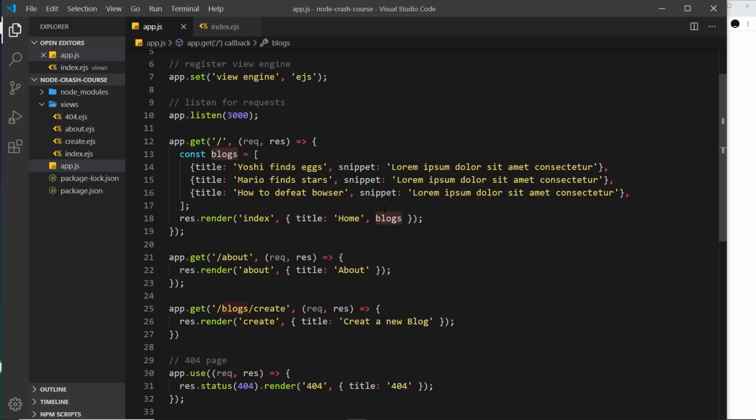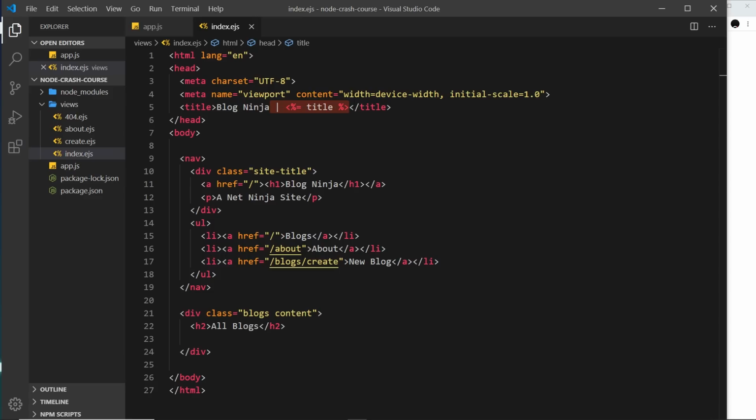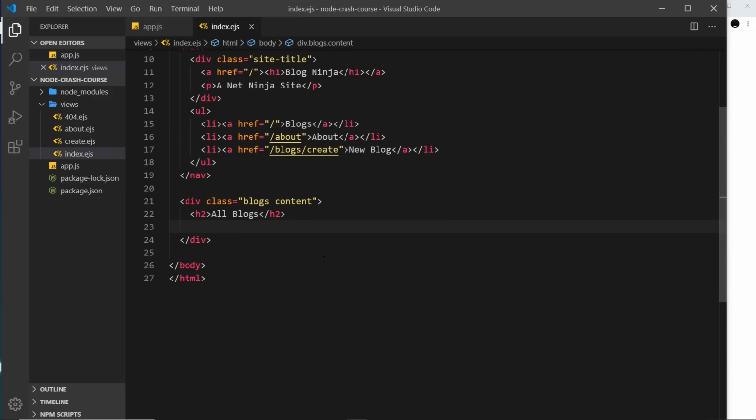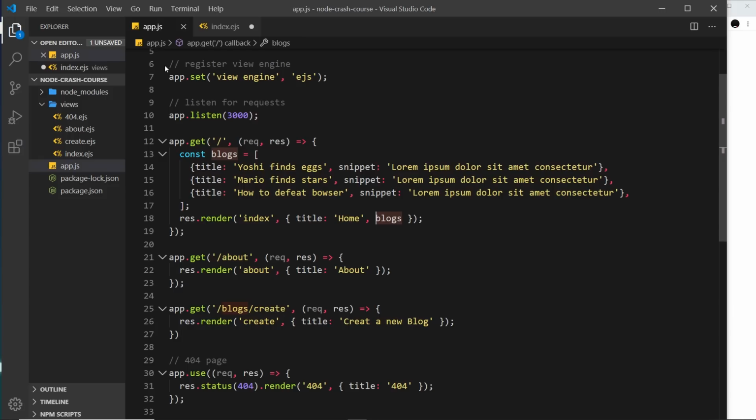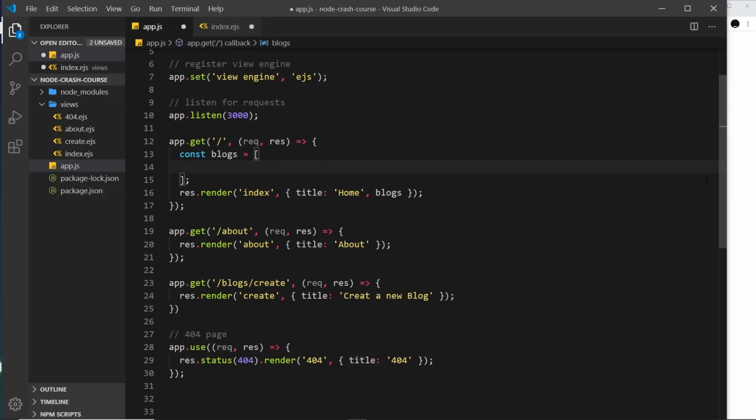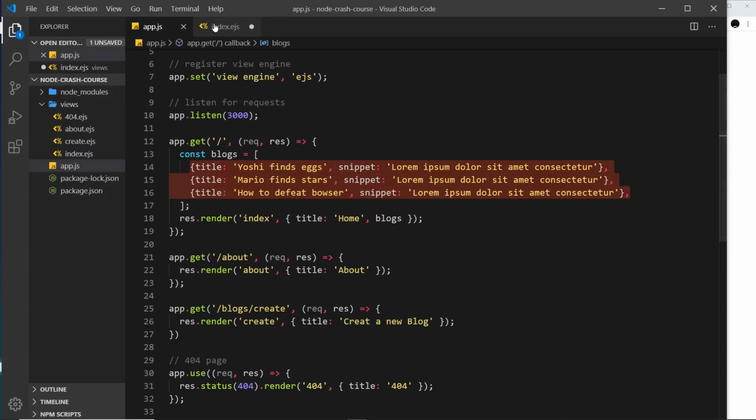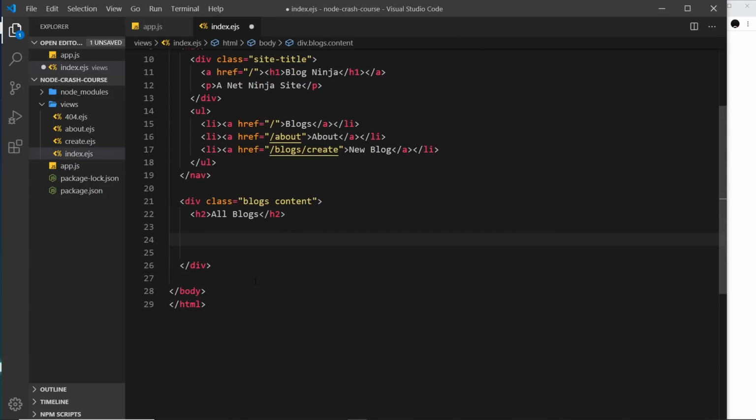So now we can access this blogs property inside the index. Let's go ahead and do that so we can output them. So we're going to output them down here underneath the H2. And the first thing I actually want to do is check, is the length of the blogs over 0? Are there any blogs available to us? Because I only want to try and cycle through them if there are blogs available. If this was empty like that, I wouldn't want to try and cycle through them. Makes sense? So we need to do an if check in here,